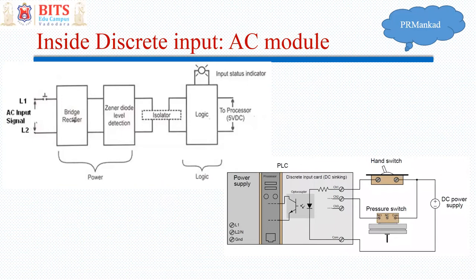This is one more example of how a switch works. This example is for a DC module, but it also works in the same fashion. You have a DC supply available: 24 volt DC, 48 volt DC, 120 volt DC, and 230 volt DC. These are various options available. So when a switch is pressed at a particular input, popularly known as a channel, that particular voltage is available. Then it is converted into an optical signal using a light emitting diode. And there is a photosensitive transistor on the other side, which detects the high signal and generates a high level, or one, and it gives that to the CPU. And that is popularly known as an optocoupler.